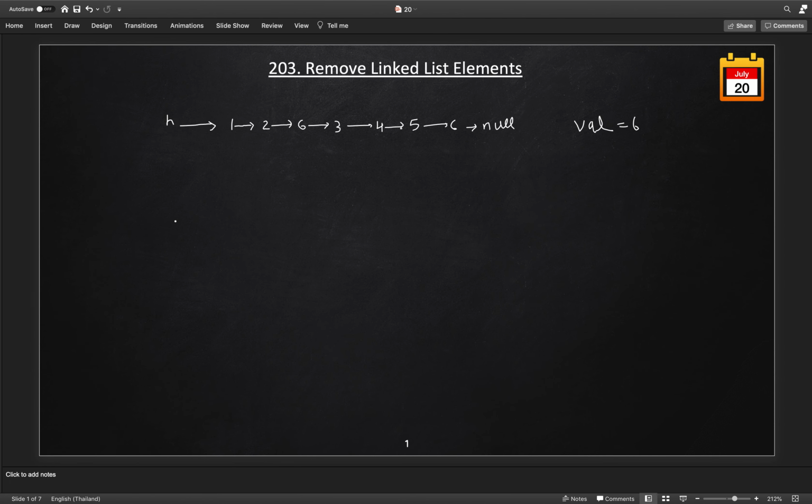So how will we solve this problem? Let's try to understand. One of the basic and very easy solutions that should come to your mind is to create a dummy node here with the value -1 and link it with our existing linked list with the head.